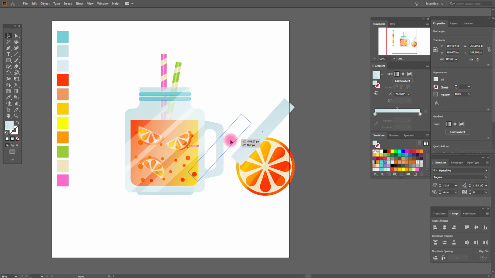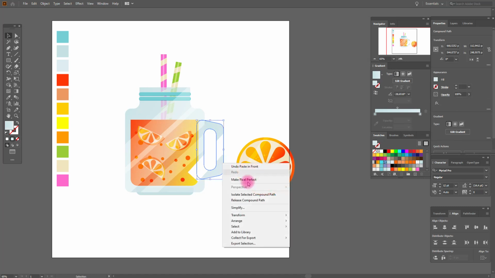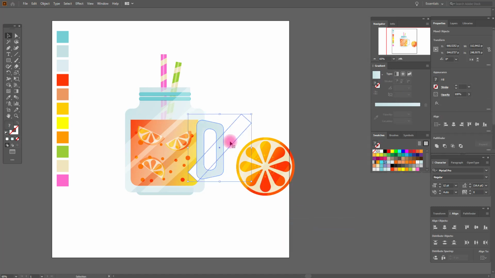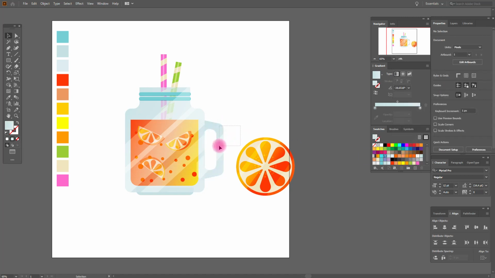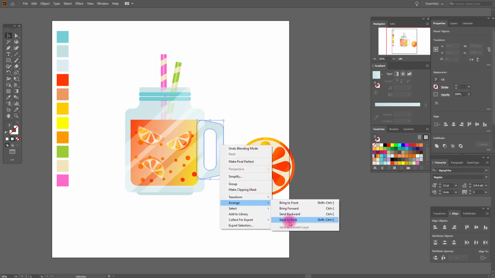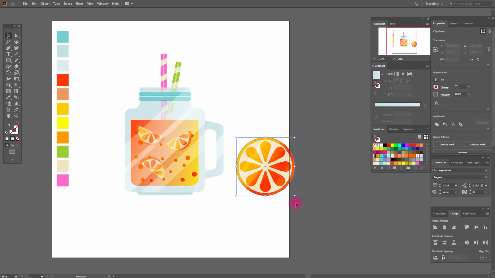here, and make it white color. Select it, copy and paste, bring in front, select highlight and this shape and make clipping mask. Now soft light for highlight and select it and send it back. Great job. Now select this orange, move it here,